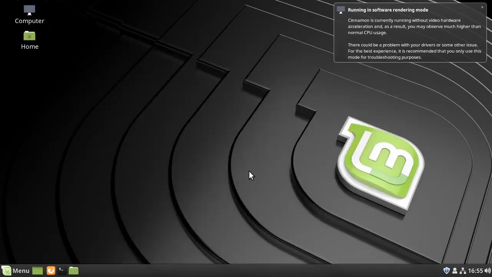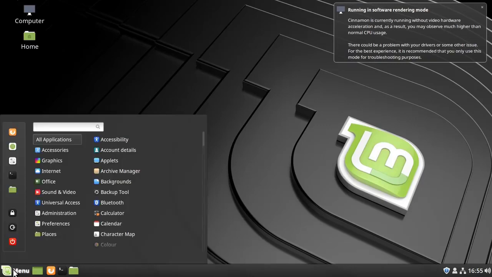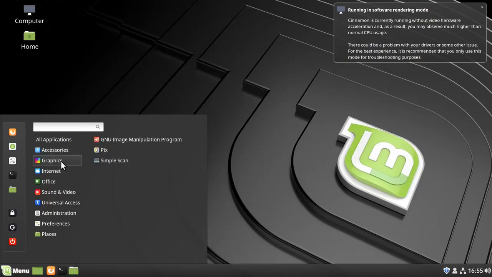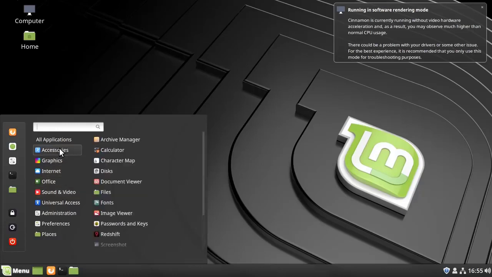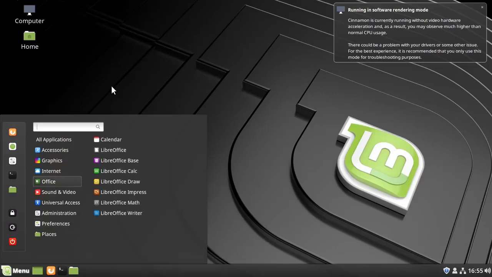Now, just to give you a basic idea of what's going on, if you are a Windows user, this should be fairly familiar to you, because we've got down here what they call a panel, what would be a taskbar in Windows, and we've got a menu up here, which is a very nice menu. I like the look of the menu in Linux Mint. Everything is grouped into sensible categories: accessories, graphics, internet, office, etc. It's not like in, say, Windows 10 where everything is just alphabetical. It's a much more sensible install. I should also say, as I've inferred already, you can